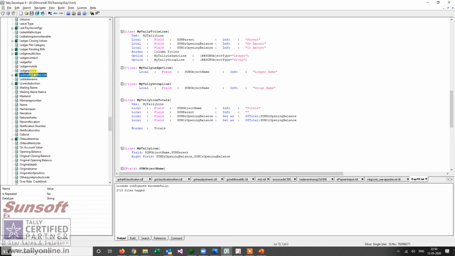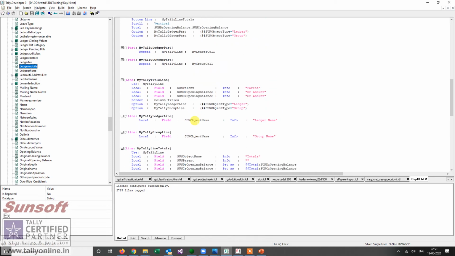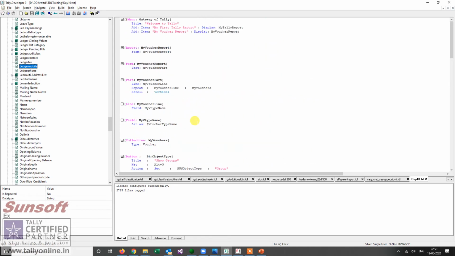So instead of phone it is ledger mobile and ledger phone. I am just scrolling down to show you how we can find out what methods are available. Since you are going to create your first report, you need to know what methods are required for a ledger address book.